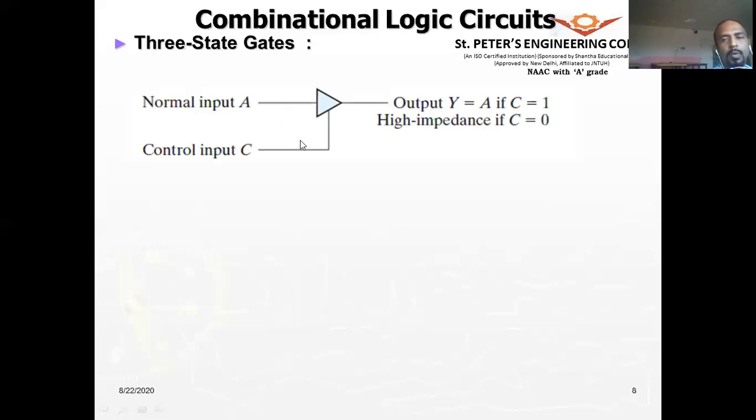In such a case, we go for what is called the high impedance state. All right, as we know, high impedance means resistance. So if it is a DC circuit, we call it a resistance, and for an AC circuit, we call it an impedance. I hope you recall that. These are the basics. Okay, so high impedance. So we want the circuit to offer high impedance. There should be connectivity, but then it should offer high impedance.